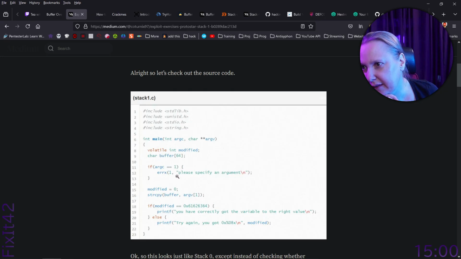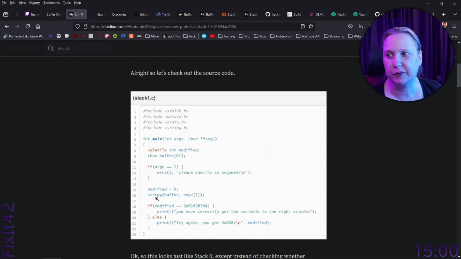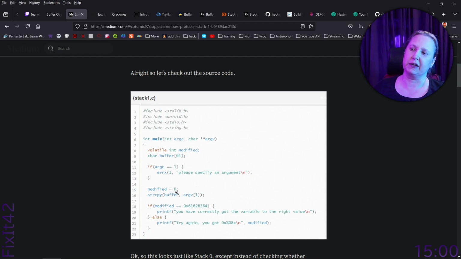And that's the main. So no other functions. So if strcpy, oh, it's 0x0d0a. So if we get the null in this place, it won't think we modified it.